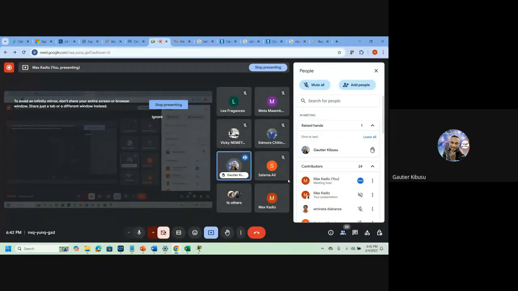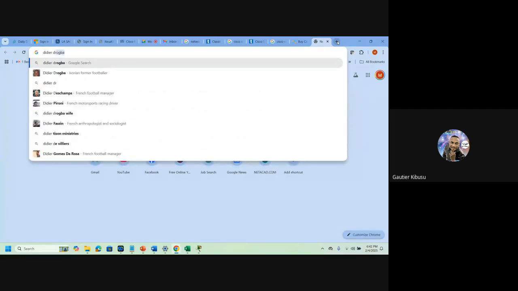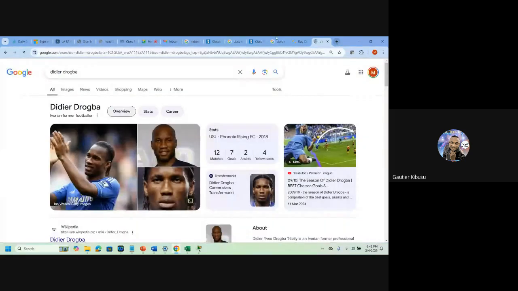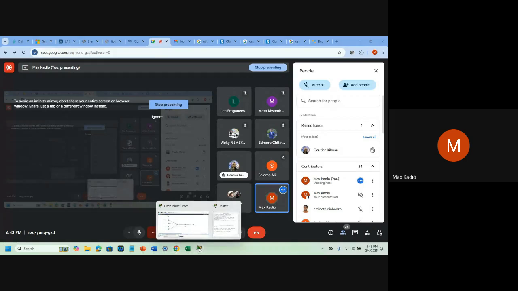I want to ask a question about the switch. You said the switch you gave us as an example has 48 places for computers and laptops, right? So my question is, what if you are in a department where there are many computers? Is it possible to use many switches? Yes. For example, if you have a building, you can get a switch per building.